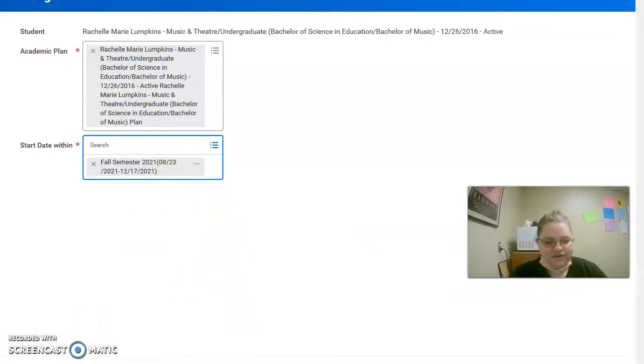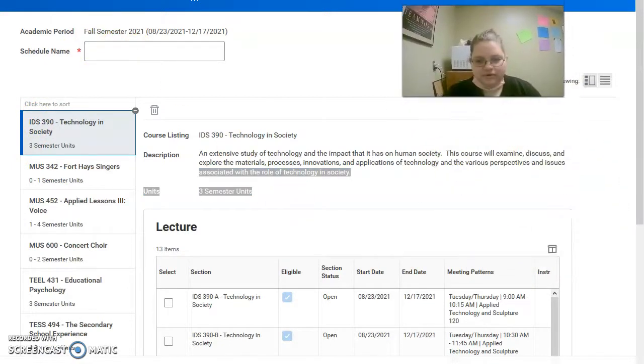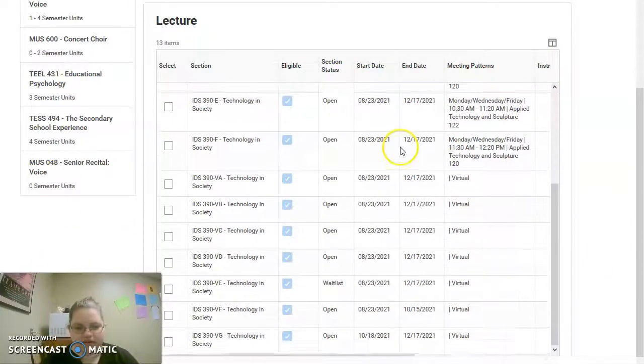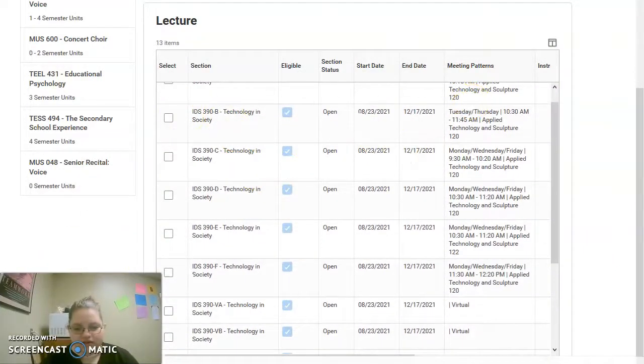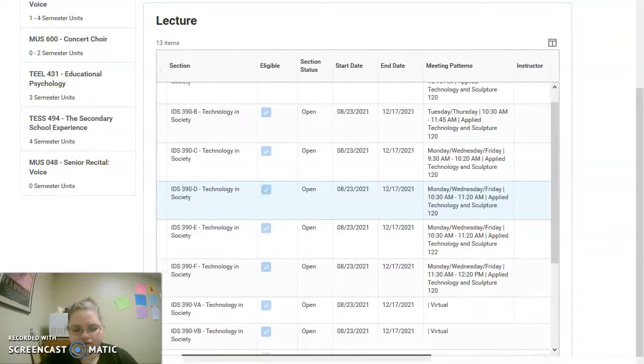And then there's a little button that you can't see, but it says next or okay. You'll create your schedule name. And then you can click which classes you want. It shows the seat capacity, what the waitlist capacity is, so you can already see that some classes are filling up. You just click on it, the one you want,